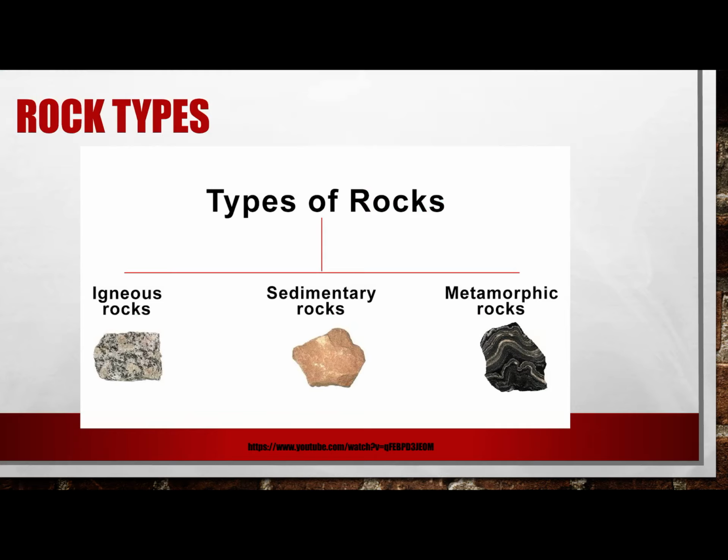Igneous translates to from fire. These are the ones that cooled from molten magma. Sedimentary rocks are hardened, pressed, or cemented together sediments, which are fragments that are broken down. They're either chunks of other rocks that are already existing and have weathered away, or they could be organic matter.